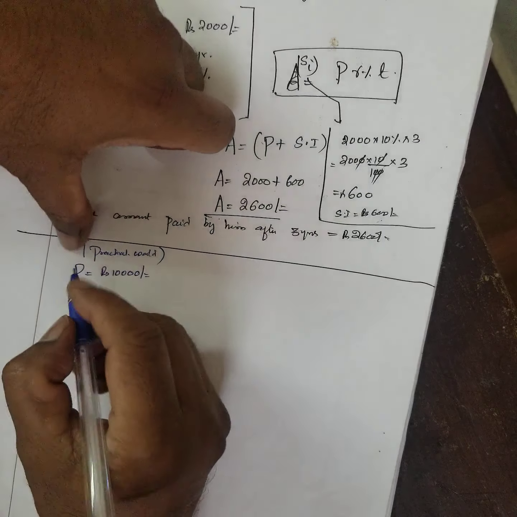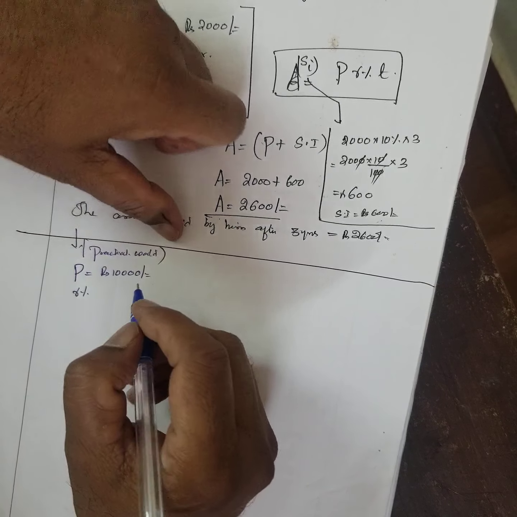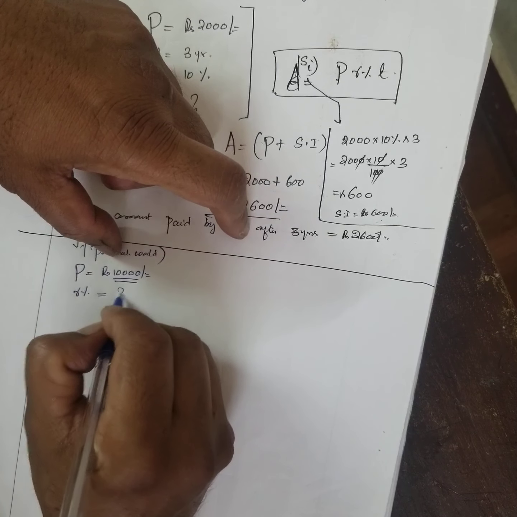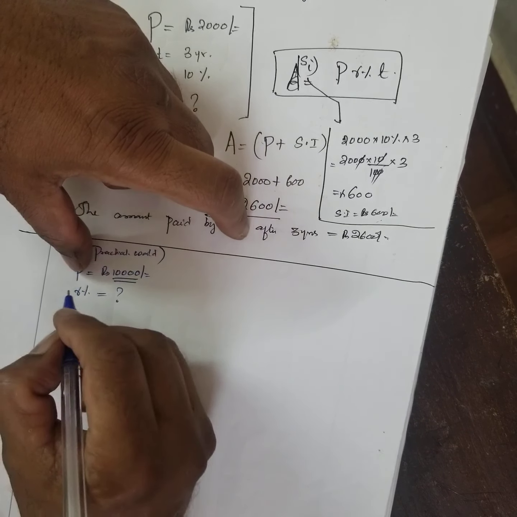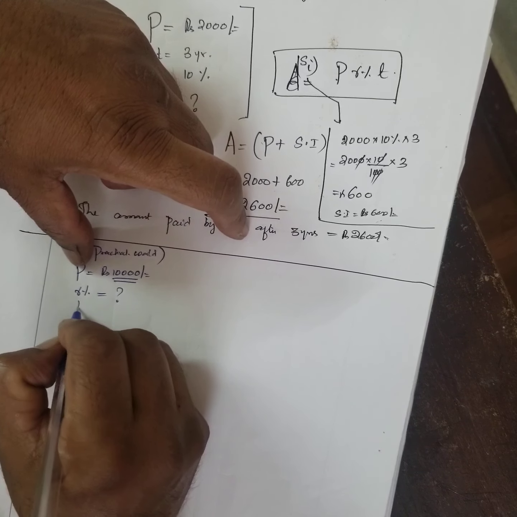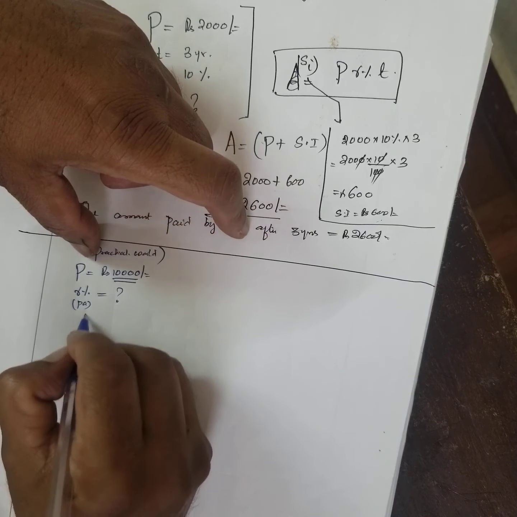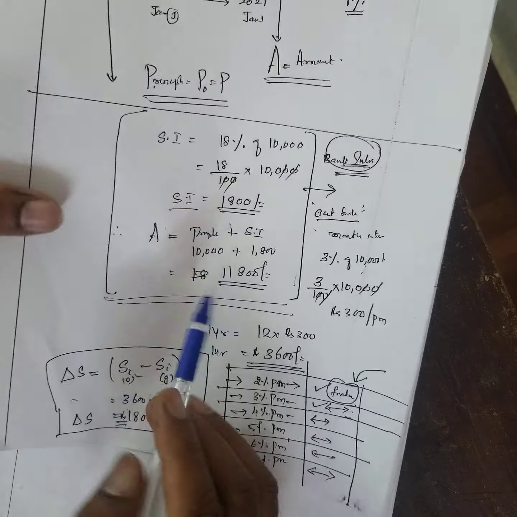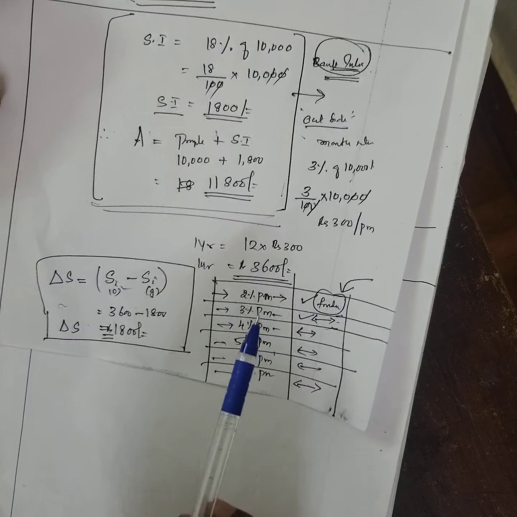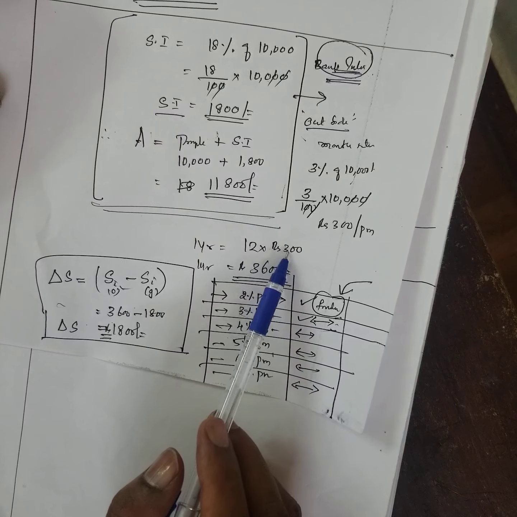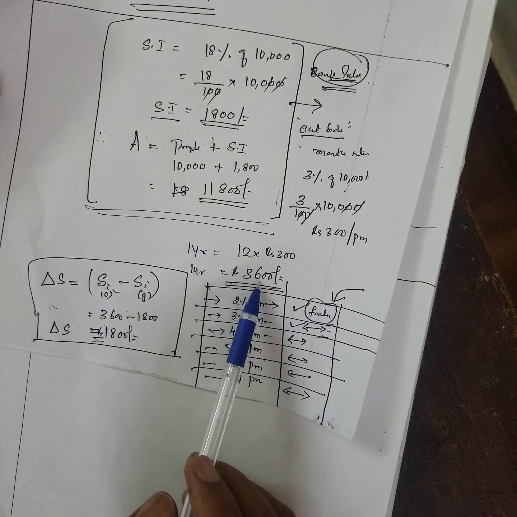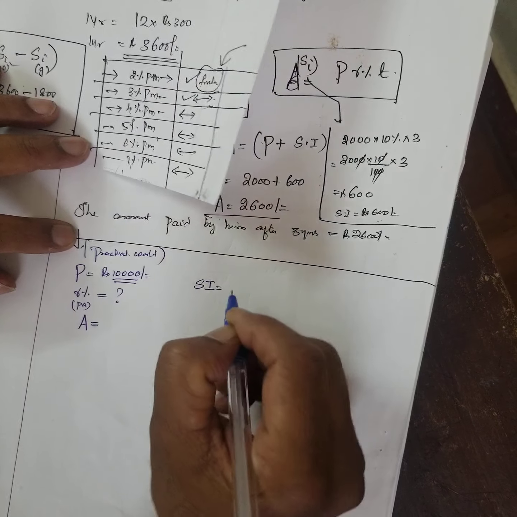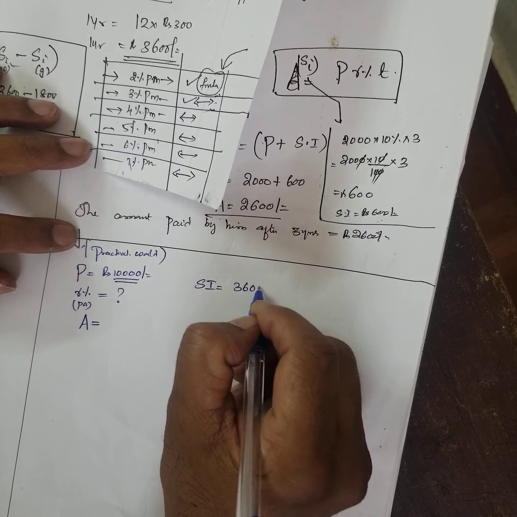Right? Principal I take. Rate of interest, suppose you don't know. Principal is 10,000. Rate of interest I don't know. Okay. This is per annum. And what is the amount he got? For this particular sum, outside, per month he is getting an interest, 3 into 12 months, 3,600. Therefore, simple interest, how much he got? He got 3,600.